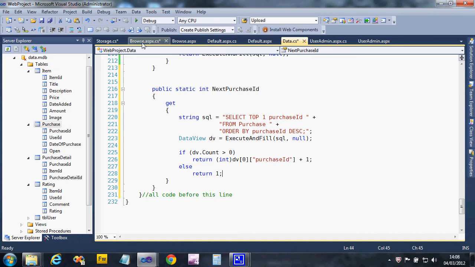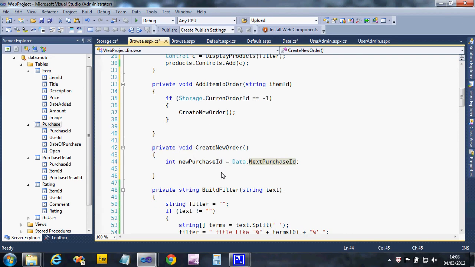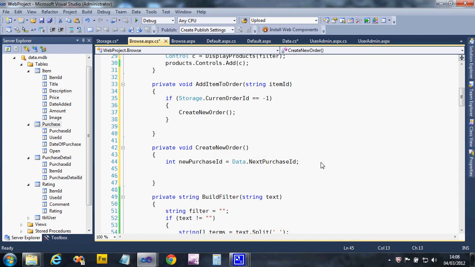Right, let's go back to browse. So that creates a new order ID for us. Let's do the rest of the code to create the new one. And obviously yours might not be identical to this, so you need to be careful. Don't follow me literally. So I'm going to create a new purchase, and I'm going to give it the purchase ID, because I'm going to set that, the user ID,